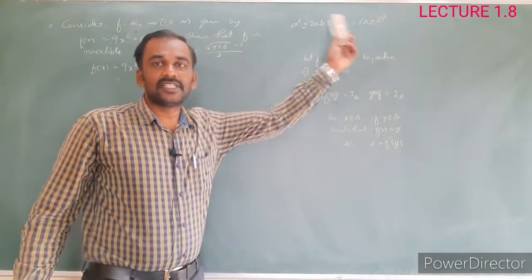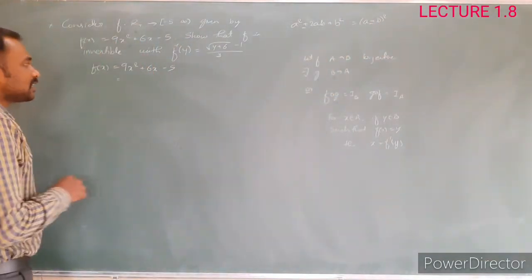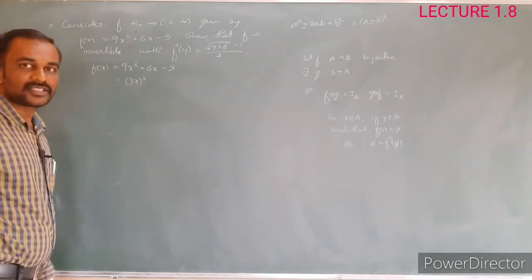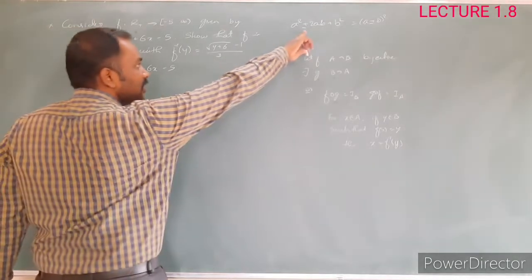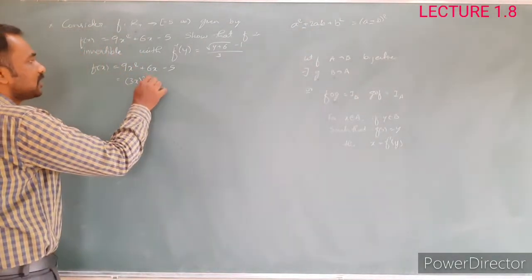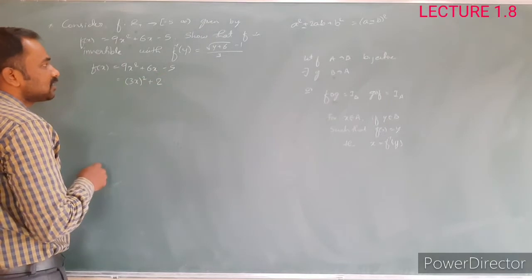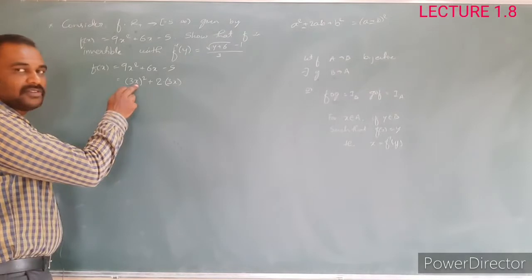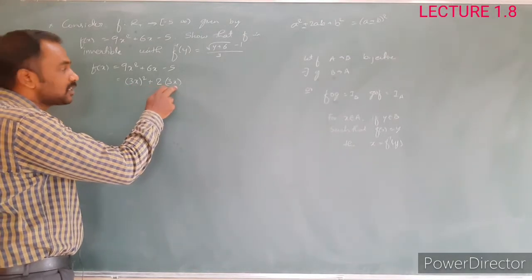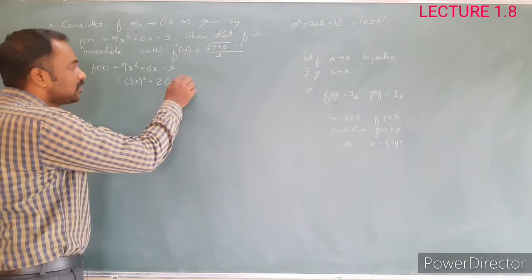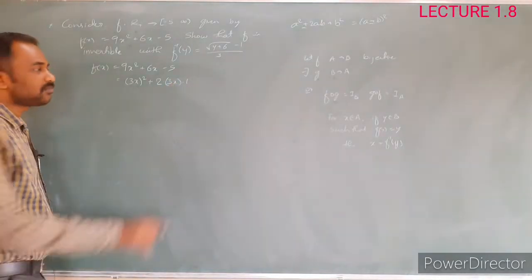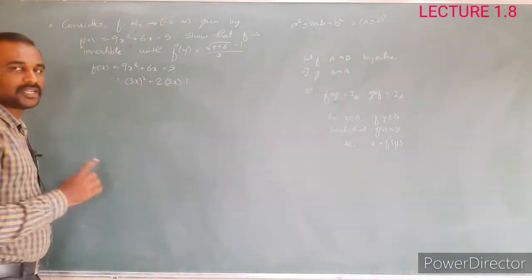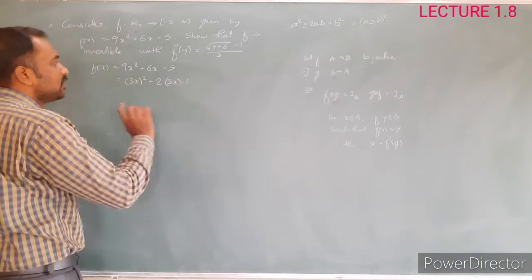I am going to write from left hand side to right hand side. Here 9x square is there, this we can write as 3x whole square, so a square we got. Now either plus 2ab or minus 2ab, here plus is there, so I split that 6x into 2 into 3x. Can I split it? 2 into 3x. The a value is 3x. I just need the 2ab. A 2 is got, a we got, but b is required. If the b value is 1, then we will get the 6x. If it is other than this, multiply and divide by 2. In that way also you can do it. Okay, the b value is 1.